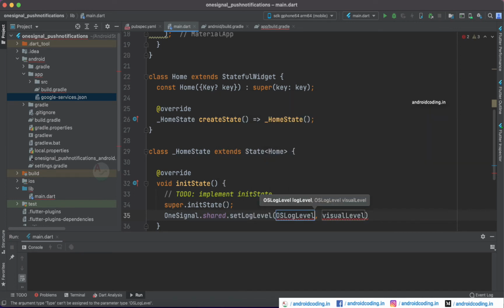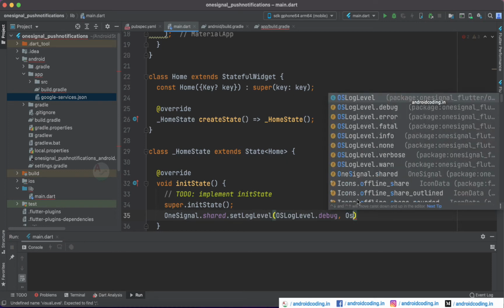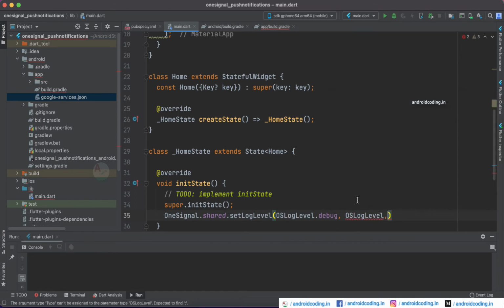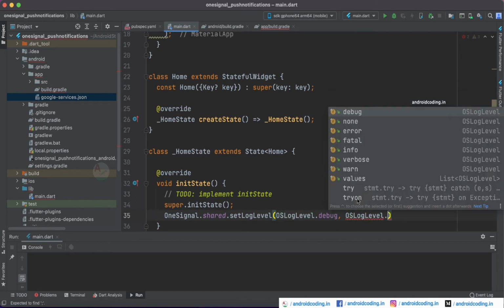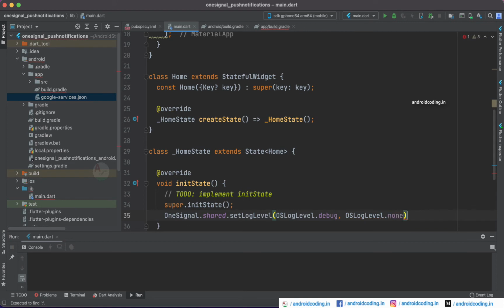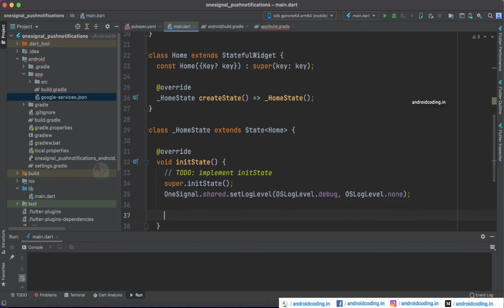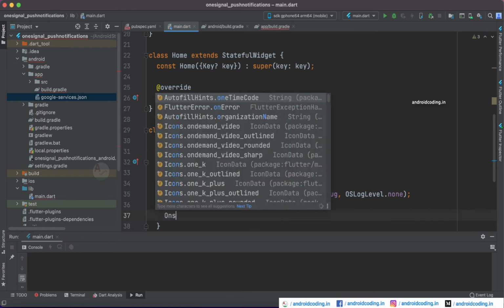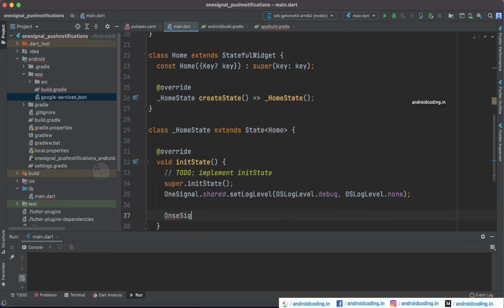Log level is nothing but you can see the data which you are getting from the push notification. So I'm setting it to debug and the visual type to none here, and you can adjust them according to your requirement. This particular log level I will be showing you in the coming part of the tutorial, how we are going to use it.